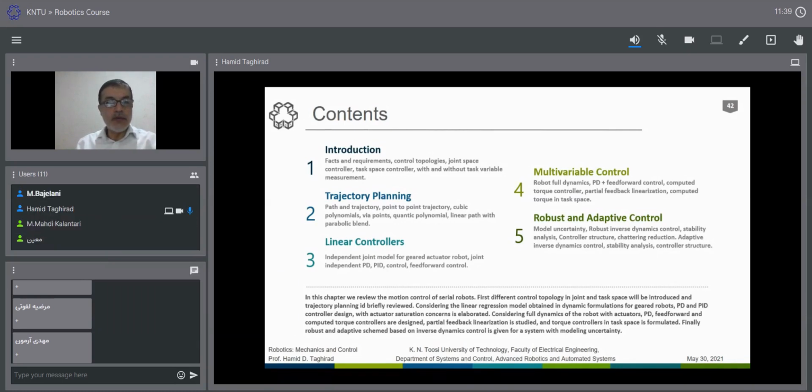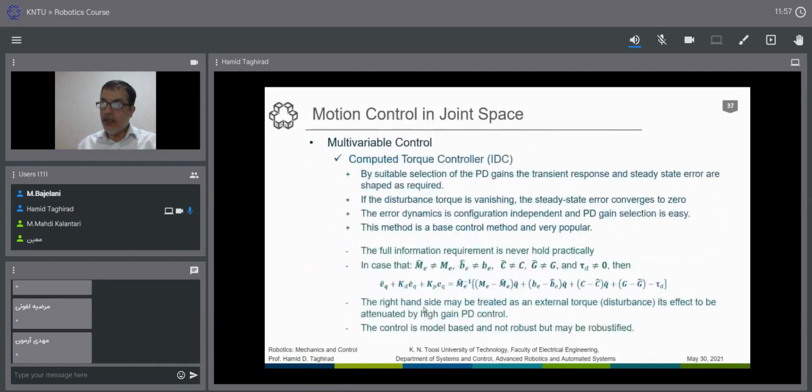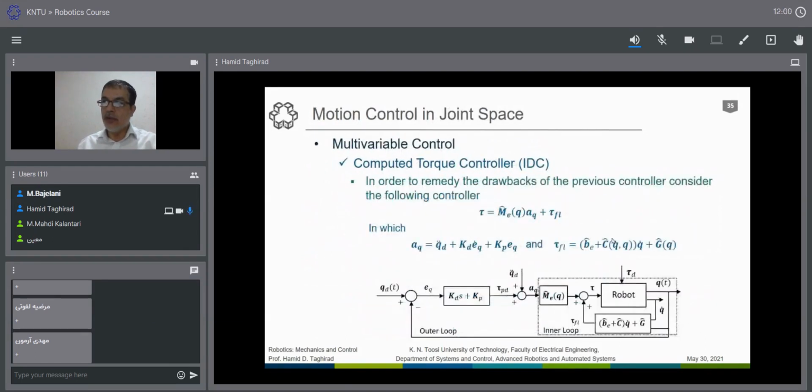Last time we talked about multivariable control of serial robotic manipulators, and the main important method for this was, just to give a short review, the IDC controller or the computed torque method, which is formalized here by this block diagram and this equation. As you see in the IDC controller, we have two parts: an inner loop controller and an outer loop controller. The inner loop controller, which we call the feedback linearization part,